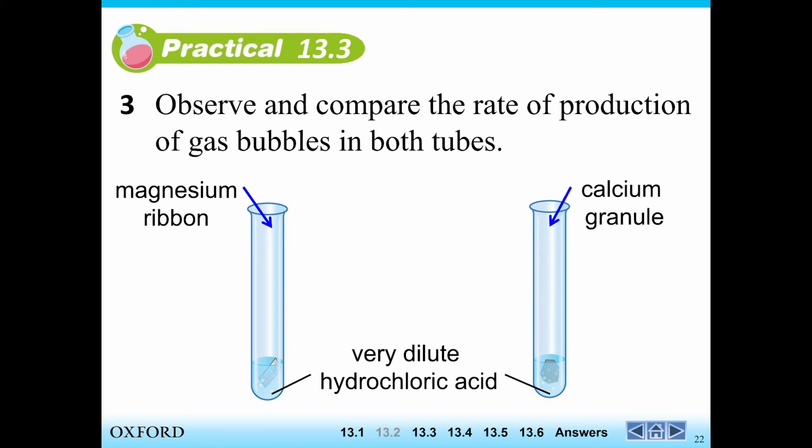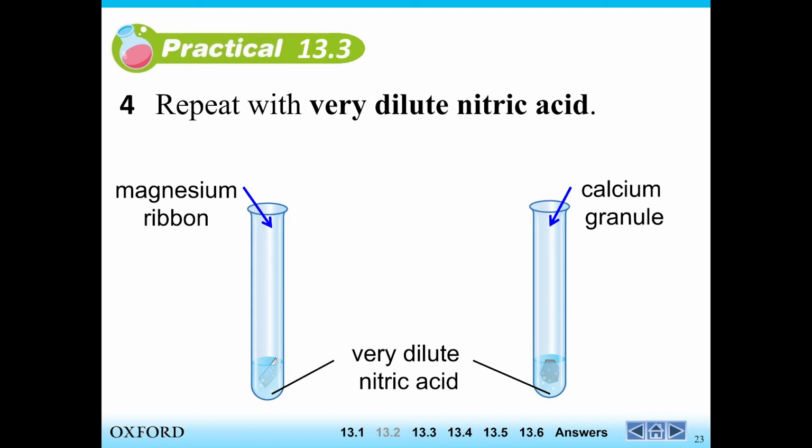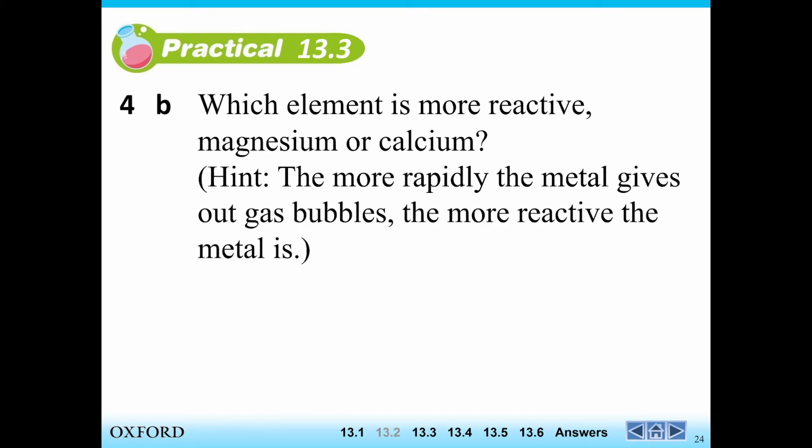So here, this is what I was talking about. When we get magnesium or when we get calcium, we put it into hydrochloric acid. Which one will react? So we can compare them and see which one would react much more vigorously. So we can repeat it with some other acids. This time we're using very dilute nitric acid. Basically, you can try any different thing, and you'll notice that